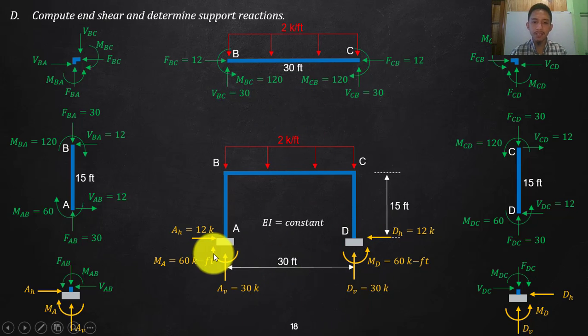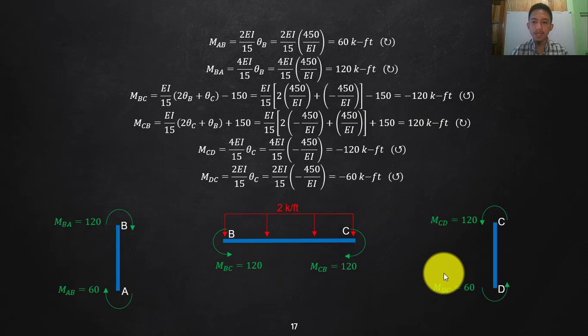And then summation moment, the only moment that we have. Let's say I will summate moment at this joint, you can check that one. Summation moment at any joint, that should be the same. And actually, by merely looking at this, they are symmetrical and in opposite directions. So my elastic curve is correct